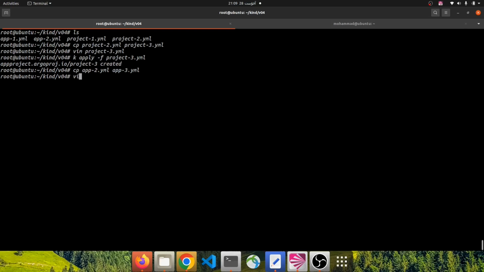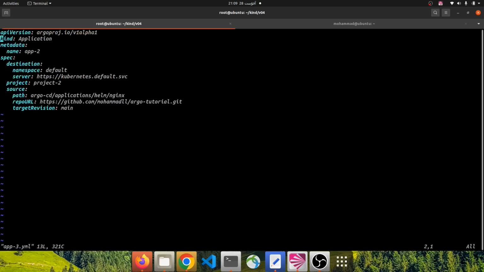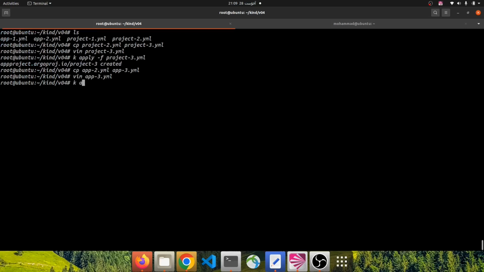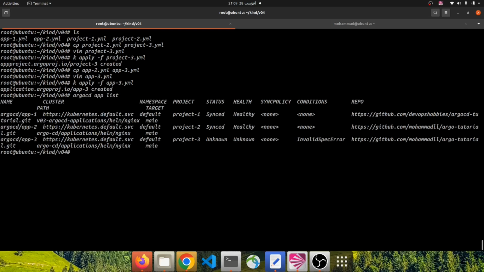Very good. I copy from app2 to app3.yaml. I open app3. Let's change the name of this application. And let's change the project name, project-3. Very good. kubectl apply -f app3. If I type kubectl or argo CD app list,